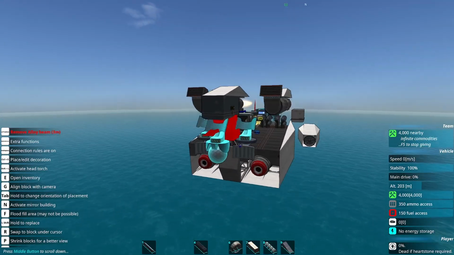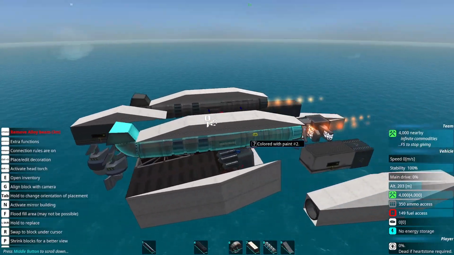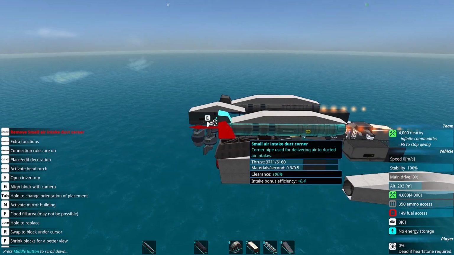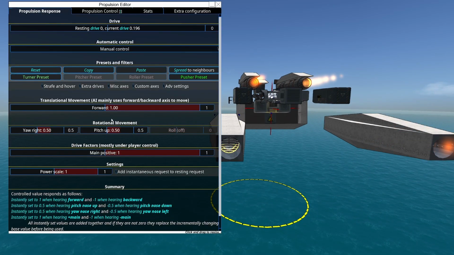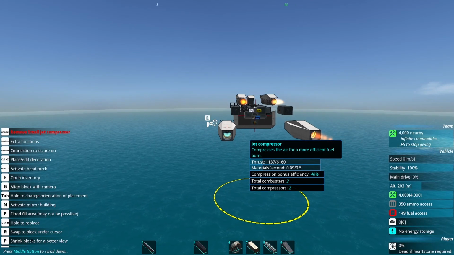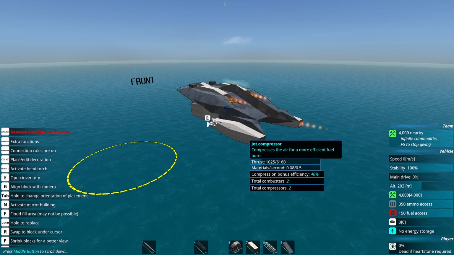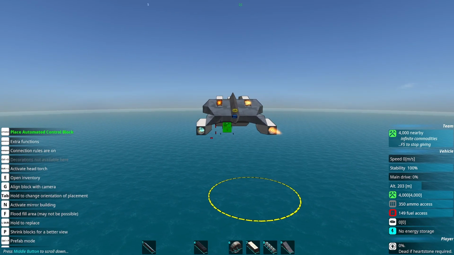Some targeting, which will get absolutely blown up if this gets taken out, but it can share with other vehicles, so just need some of them to work. Some jets that turn it based on thrust vectoring. The layout for these jets is a little bit suspect because